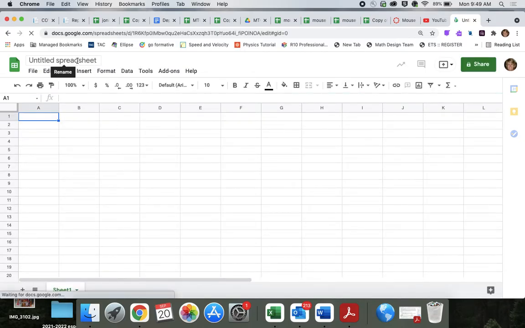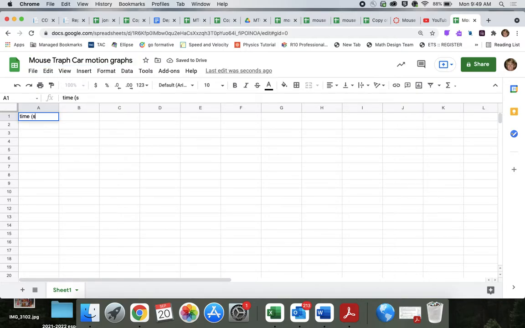You want to label your untitled spreadsheet. Make sure you label it whatever. I'm going to label mine mouse trap car motion graphs. In your independent axis is going to be your time in seconds. And then this is going to be your position